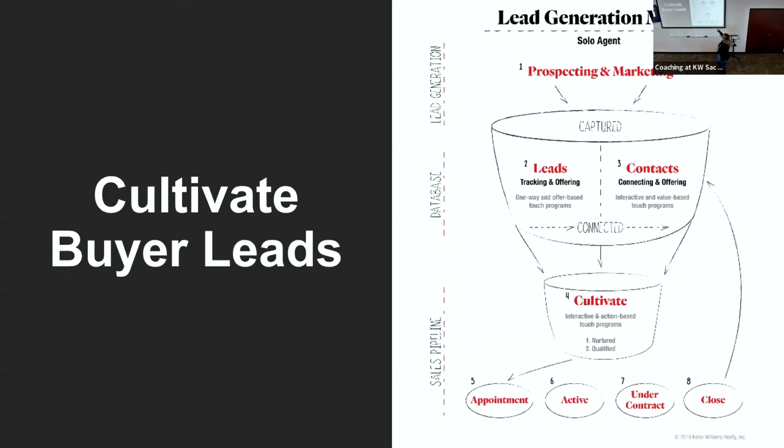So once you've connected with them and they became a contact, then you cultivate them. This is when you're nurturing them. This is when you're setting up your buyer consultation. You're going to talk to them. They connected with the lender, and you know they're serious because they have to fill out an application, get a credit check and all of that. So once you have that, now you're working with them, you're getting a needs analysis. So what I do,